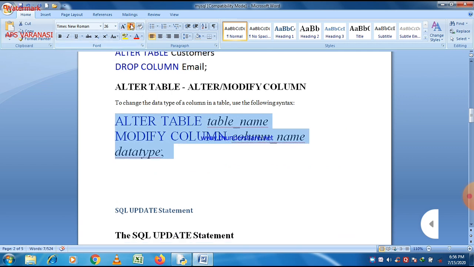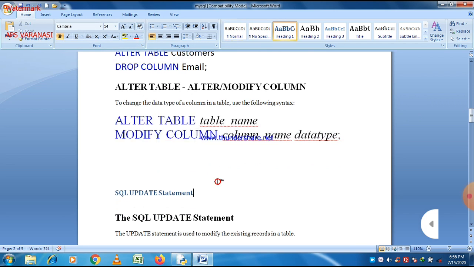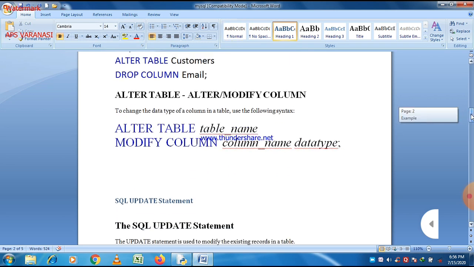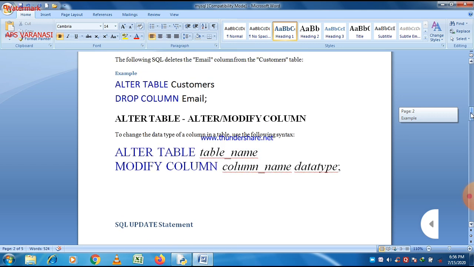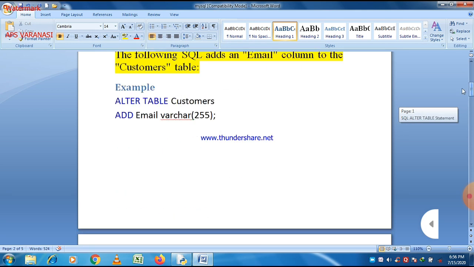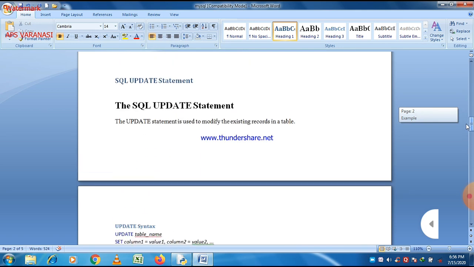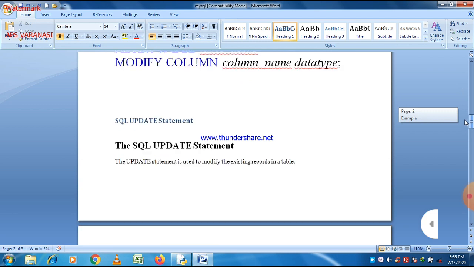Remember three keywords: add is used to add a column, drop column is used to drop a column, and if you want to modify a column, just write modify column.